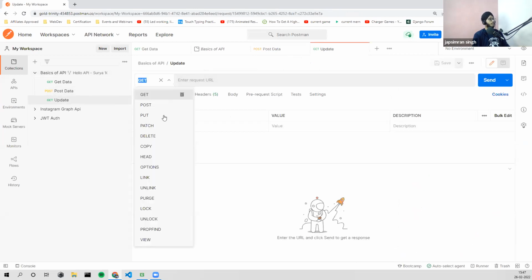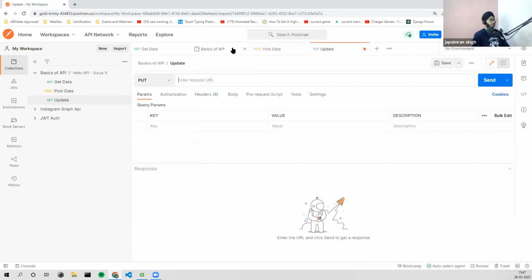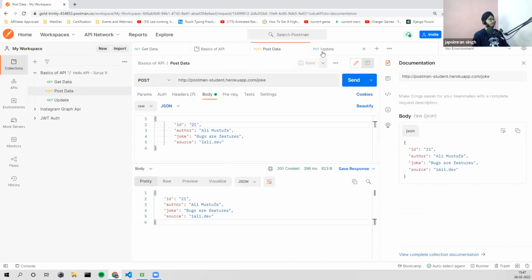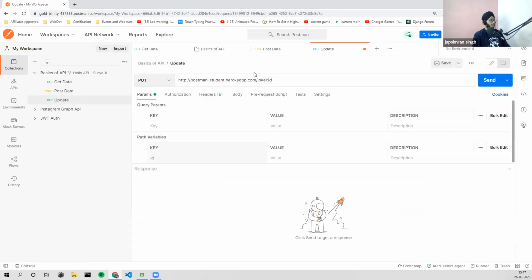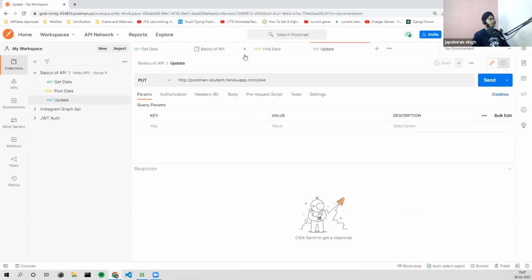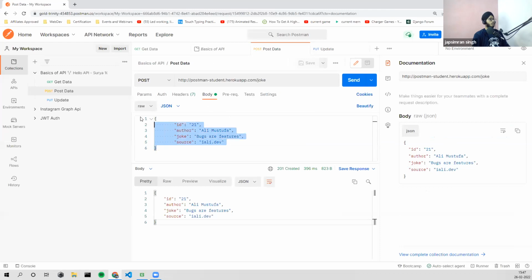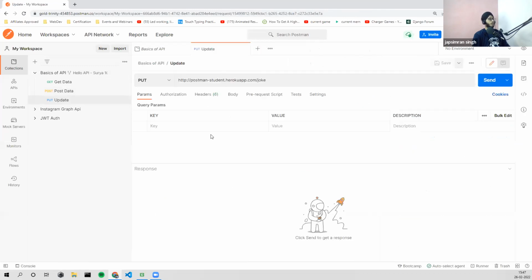Update. The method is put, base URL. Let's copy it again. Paste it, joke, and copy the data. I'll copy this only. Post, get, update. I'll go to body.